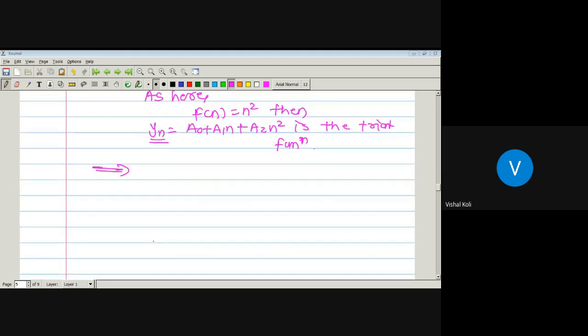Which implies the given recurrence relation becomes